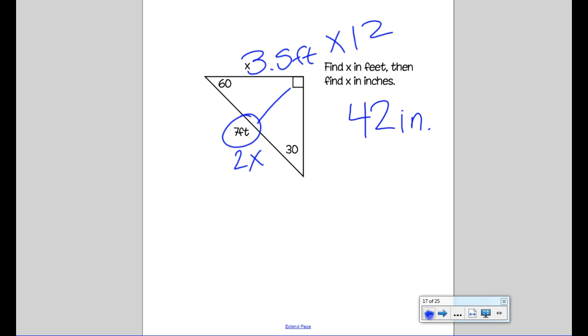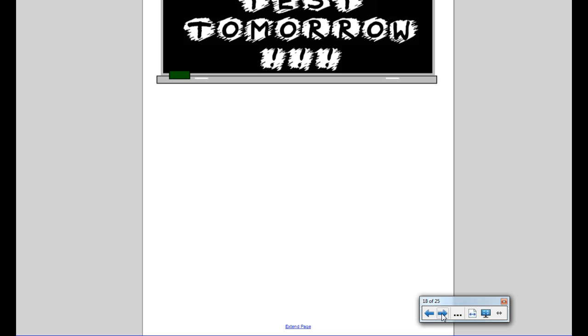Are y'all going to be okay with that tomorrow? Okay, so every time, don't get tricked by that one problem on the test that makes you convert. Every time you multiply by 12. The good news is, in the answer choices A, B, C, D, feet is not one of the answer choices. So you'll know that you need to convert. They didn't trick you and put that as even an option. All right, you may now